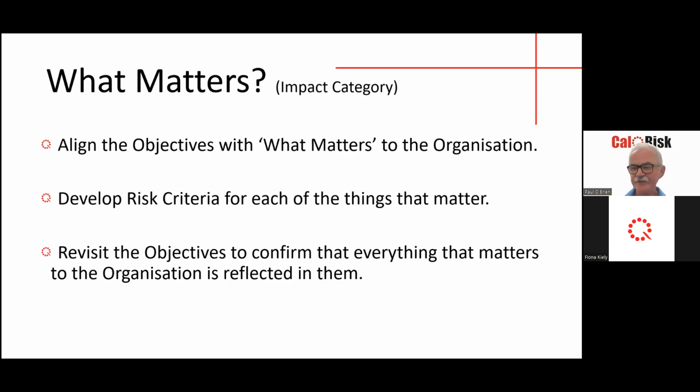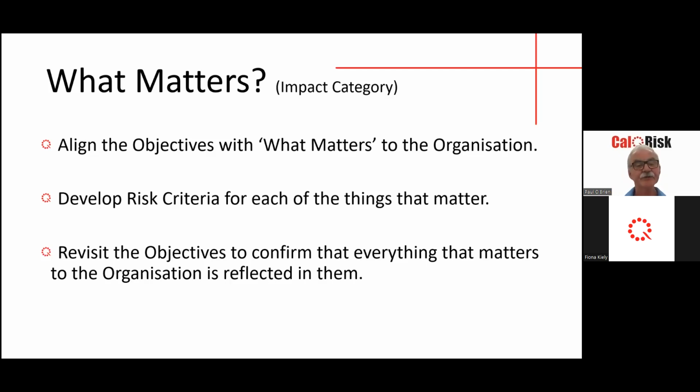And then the next piece of the process is the alignment. So to align the objectives with what matters to the organization. Now, what matters to the organization are, in fact, for many of you who have existing risk registers and been through this process, it's the impact category. And that's basically what matters. And what we tend to do in some of our workshops is an alignment exercise that looks at what matters to the organization, and then looks at the objectives of the organization, and sometimes they're misaligned.